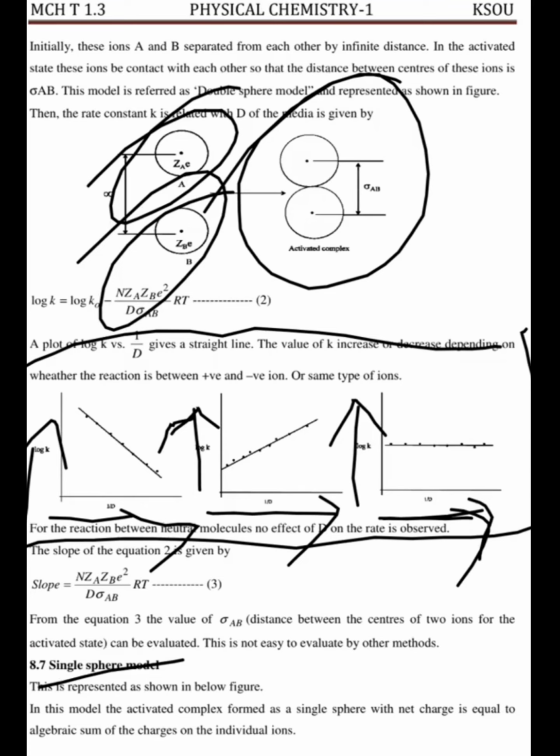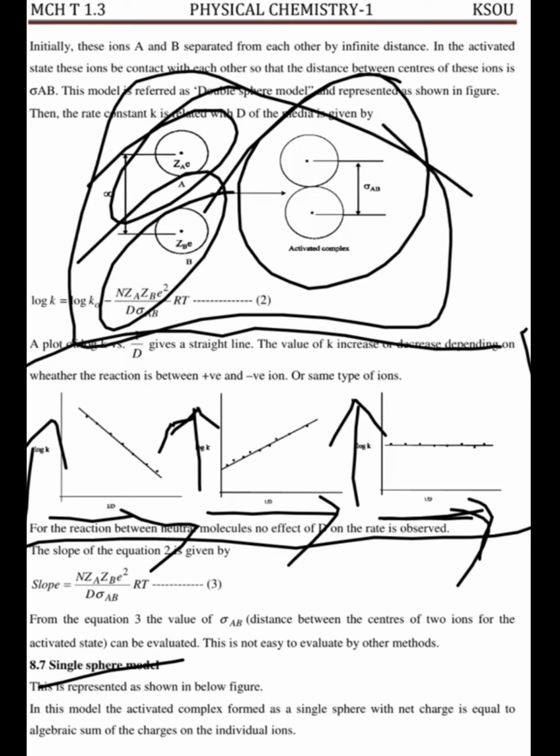So this is with respect to three different plots. So that is with the double sphere model and single sphere model, where ions get in contact with each other. In the double sphere model